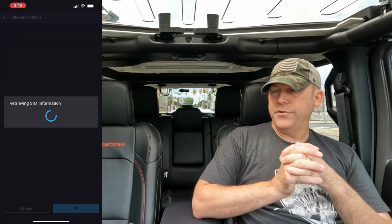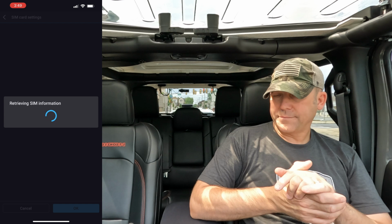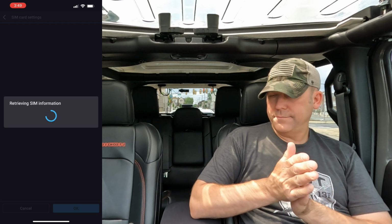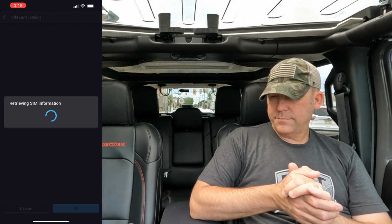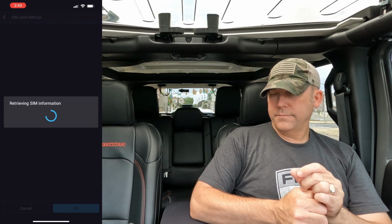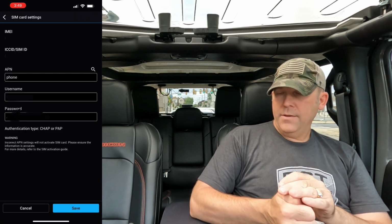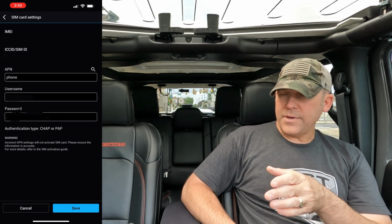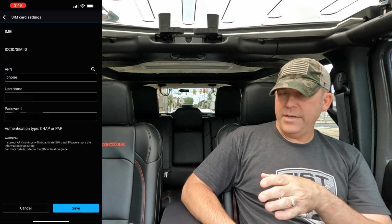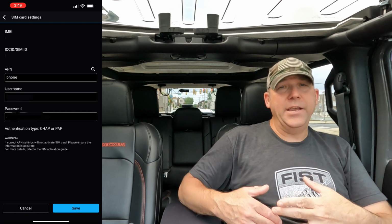Should give me the option to change my settings. Retrieving SIM information. There we go. Now I have to blur mine out. My IMEI number's blurred out. My SIM ID, everything, my phone. When you want to click on adding your information here,